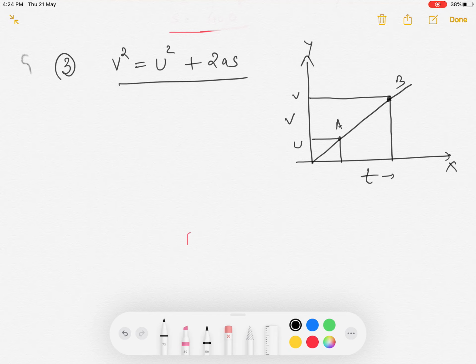So we will consider 2 points where u and v are the initial and final velocity. Make sure that while deriving any derivation, draw the graph, write initial points, that is, consider a body moving with initial velocity u, final velocity v, a be the acceleration, s be the distance traveled. Everything, whatever you are using in your formula, should be clearly defined.